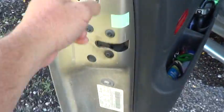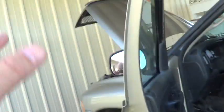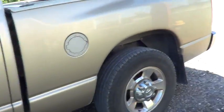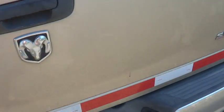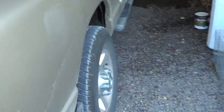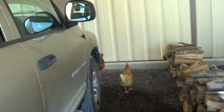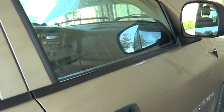So the NHTSA sticker is going to be on removable parts that are stolen. On Honda Accords, they're all NHTSA stickered. The hood's NHTSA stickered, the corner panels are NHTSA stickered, the doors, etc. Now on trucks, the rear gate sometimes is a hot item. So if they start having a lot of thefts on a rear gate, they may NHTSA sticker this. And what a NHTSA sticker is: every year of every car that we know make and model, we have a list on if they're NHTSA stickered. So if you have a 2005 Dodge and it's supposed to be NHTSA stickered, and I go to a shop,